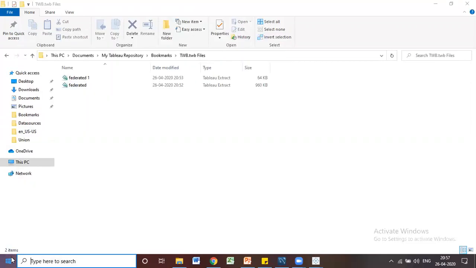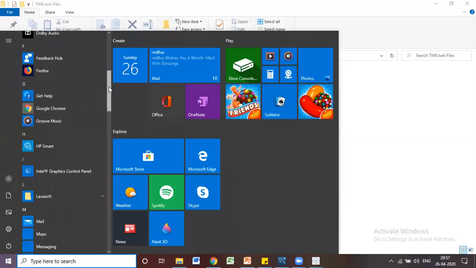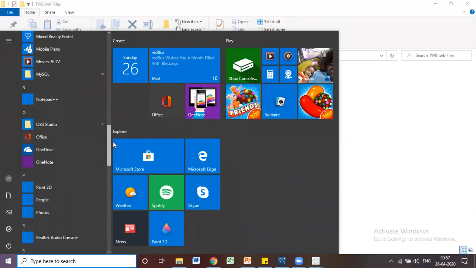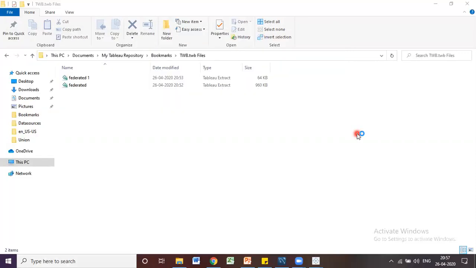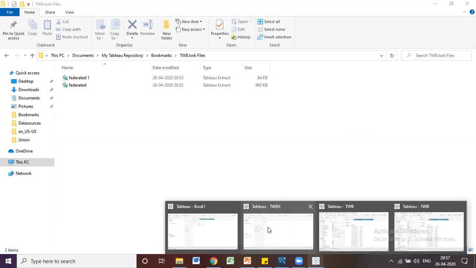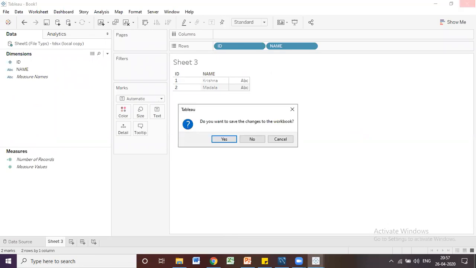Let's go to my computer. We'll see if it asks there or not. It should ask here, so I think some settings got changed. Yeah, Tableau 2019.4 version I'm having. Let's open it. Let me close this.